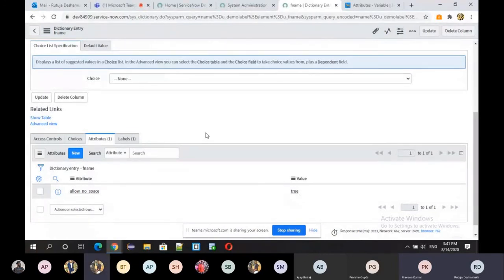Where did you see this attribute? From the doc side? No, from the doc side I had read something, but this allow no space was not there. This is simply the name given by me. Rutuja, I guess on the field on which you have applied this attribute, try renaming it by giving a space, to see if it is allowed or not.